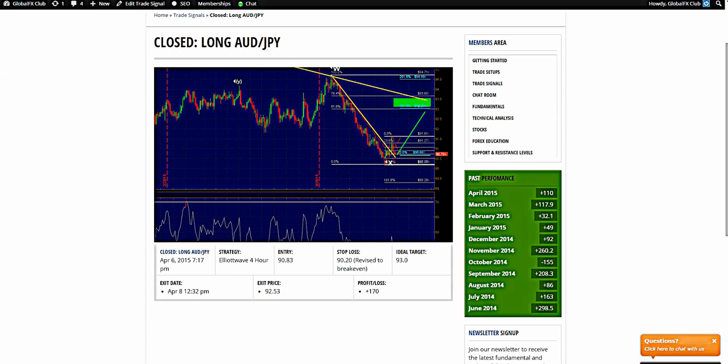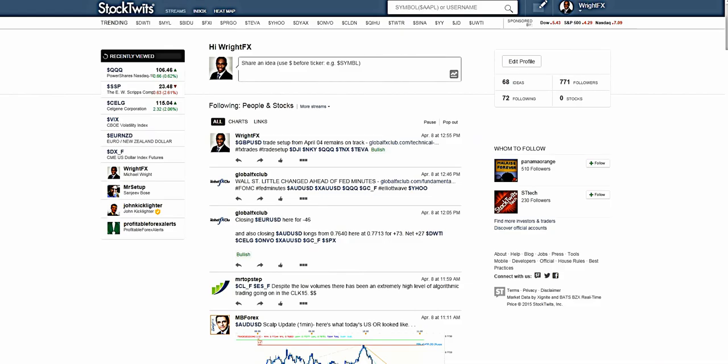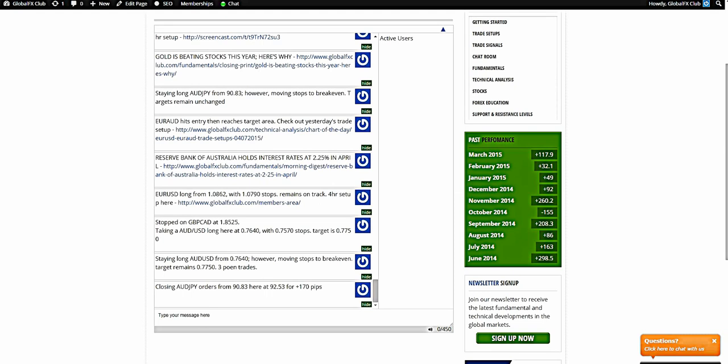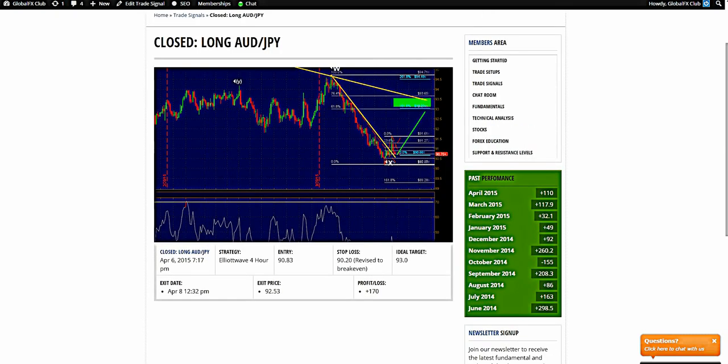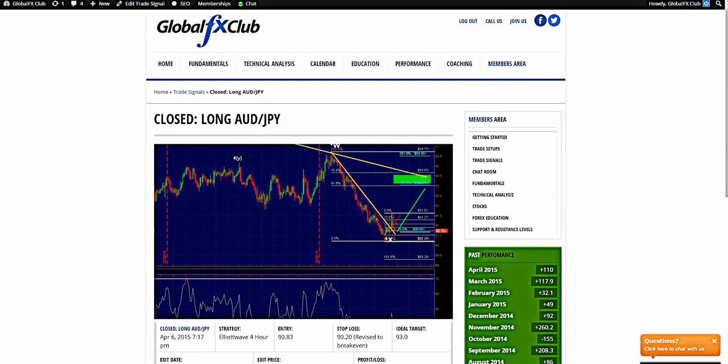I'll make this fast so we can go over a couple of setups ahead of the FOMC and a couple of trades that we are looking at for the latter half of the week. But also, what we have on the close angle was the Aussie dollar. The Aussie dollar was another positive one. Euro dollar, we took a hit for minus 46, but overall a positive day, 170 plus 27 minus 46. So we still ended up at just around 200 pips or so. All right. The other trade setup that was positive was the Aussie dollar.